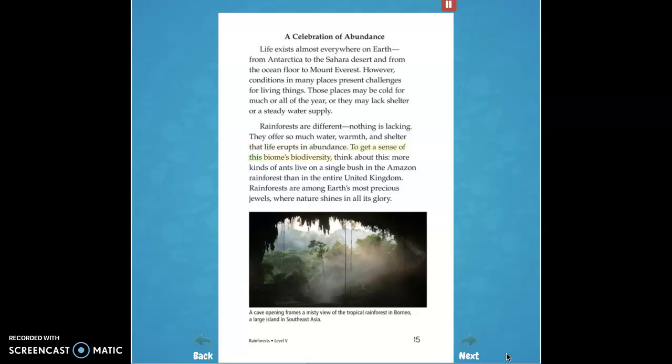To get a sense of this biome's biodiversity, think about this. More kinds of ants live on a single bush in the Amazon rainforest